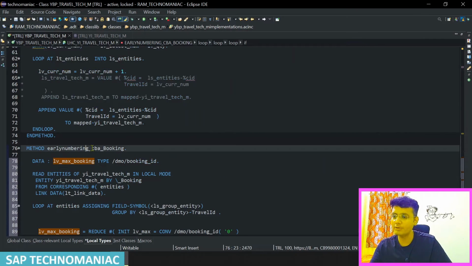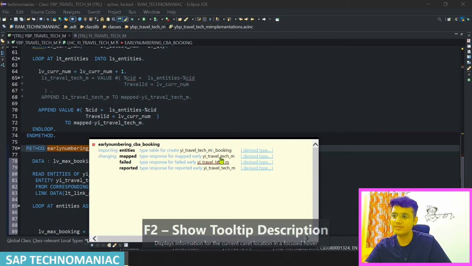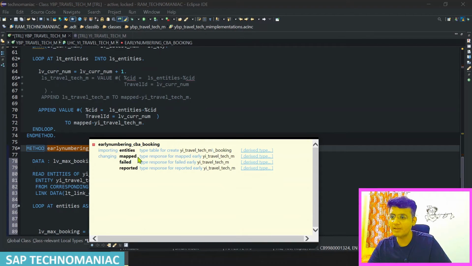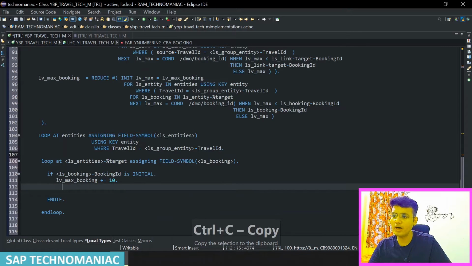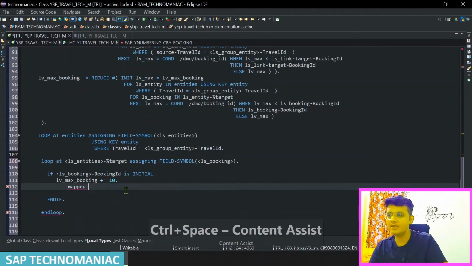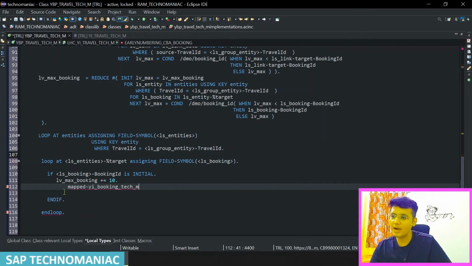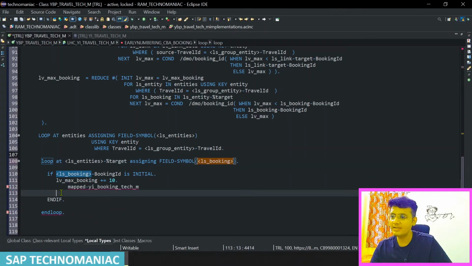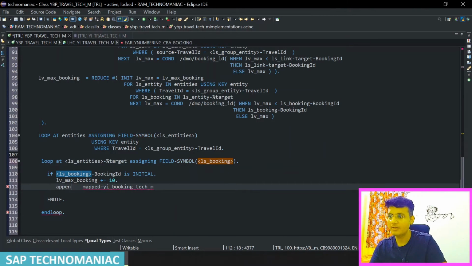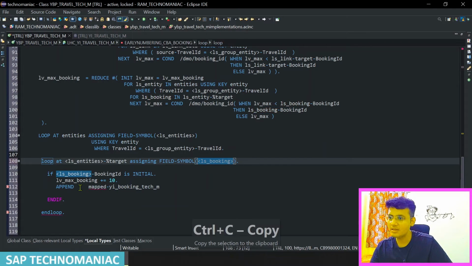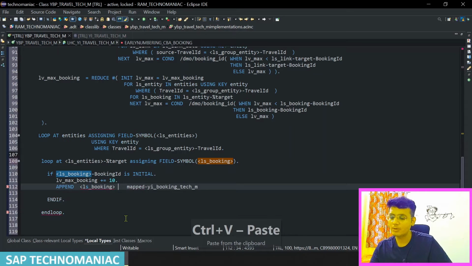So we have the mapped table, F2. In this particular mapped table, Control C, I want to append those entries in the mapped, Control Space if you do, in the booking. But before that I have to fill this particular one. So what I will do, append this particular one, Control C, Control V, to corresponding,